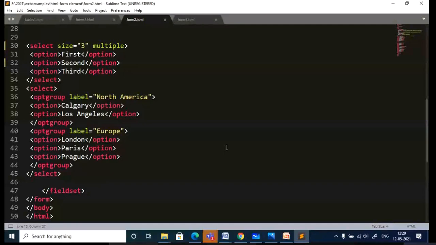We'll try to add the buttons one by one. So input type you select. So what is the type I'm going to specify? It is submit.